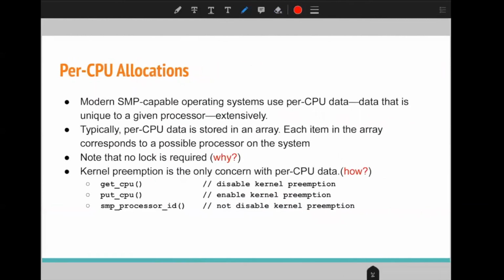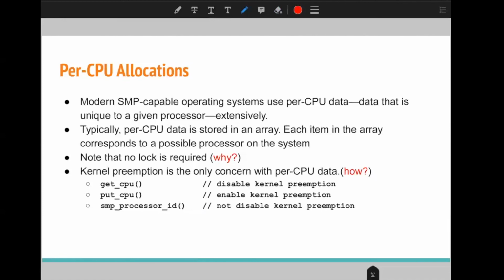So we have some data that is specific to particular CPUs, and that data is called per-CPU allocations. That data is specifically used by a particular CPU. In that case, we don't want to use a lock, because that data will be used by only a single processor. Other processors won't be sharing that particular data. So we don't require any lock, but we require disabling kernel preemption.